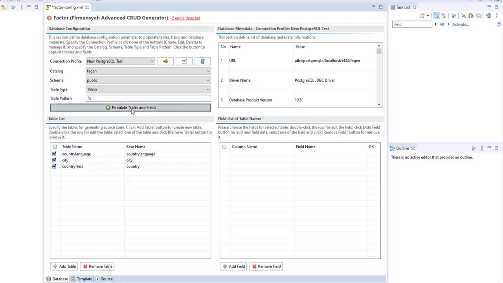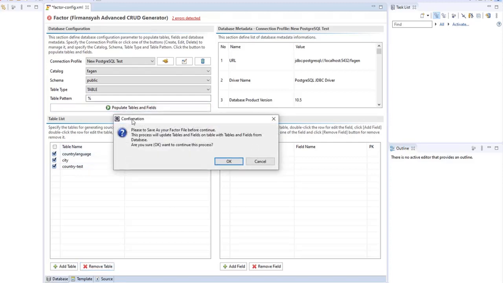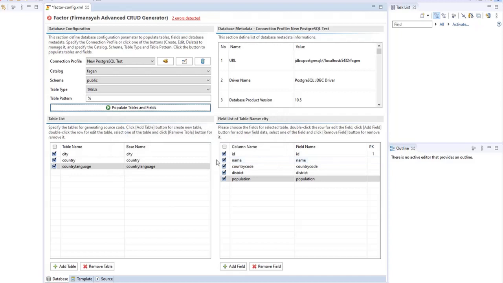If you click populate table again, there is a prompt again: please save your factor file before continuing. This process will update the table and fields with the table and fields from the database. If you click OK, then it will be based on the original from the database. So the country will still be set to the original name from the database.